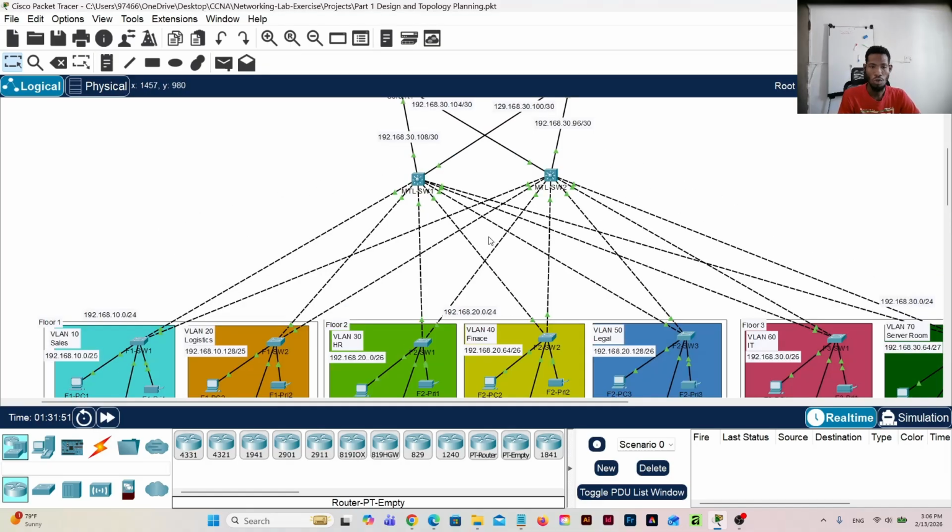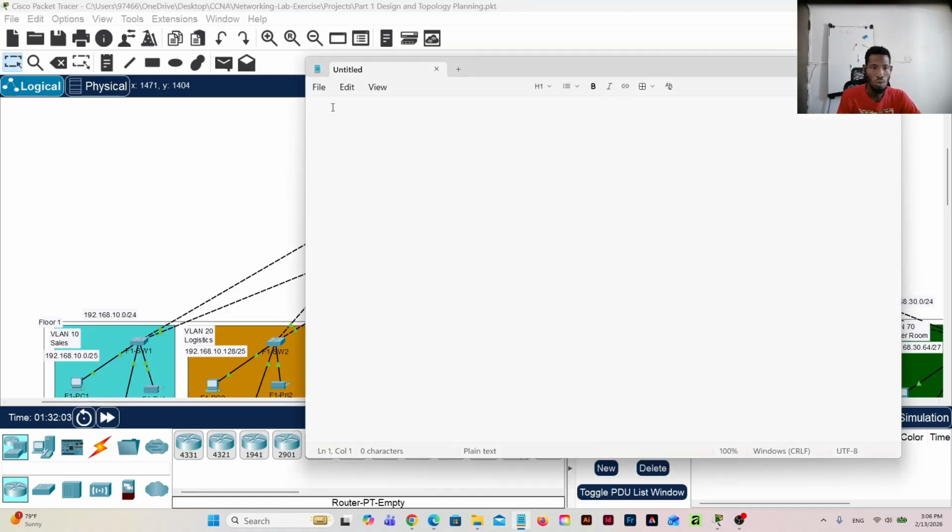I am going to write the command in the notepad and then copy and paste, in order to save time, because they are going to be the same on the two switches. So it is going to be interface VLAN 10, ip